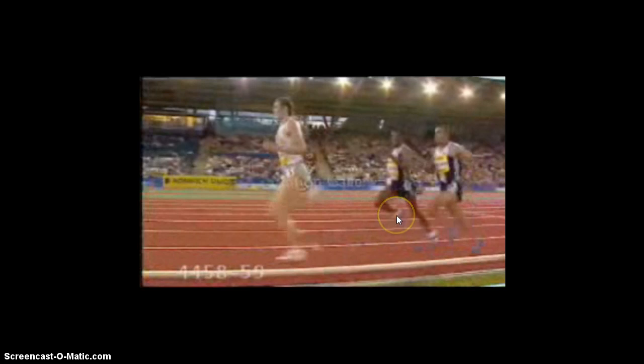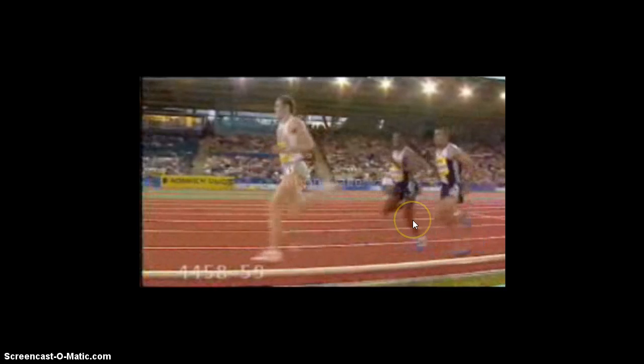He's not going to consciously focus on getting that foot to the ground. What we saw with the Lauren Fleshman frame series before is she was focusing on getting this foot down to the ground. And when you're focusing on the front foot, you cannot focus on the rear foot, and this rear foot gets left behind. What we're going to see with Haile Gebrselassie is he does a very good job of getting this